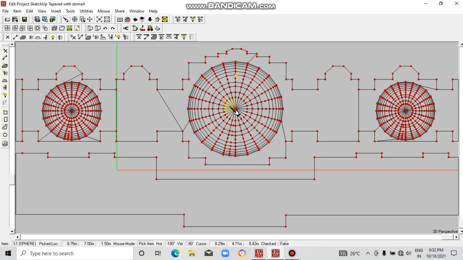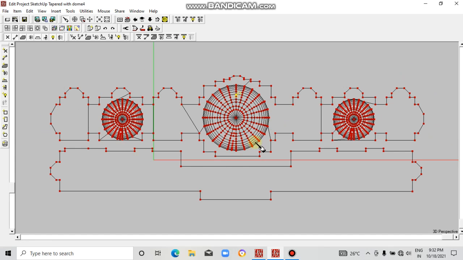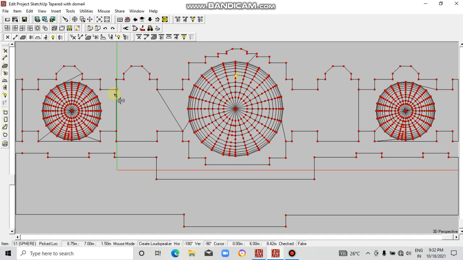Next, since this is a big shape, we'll place multiple loudspeakers. We'll place one here and one here. Click on this, click here at this location.